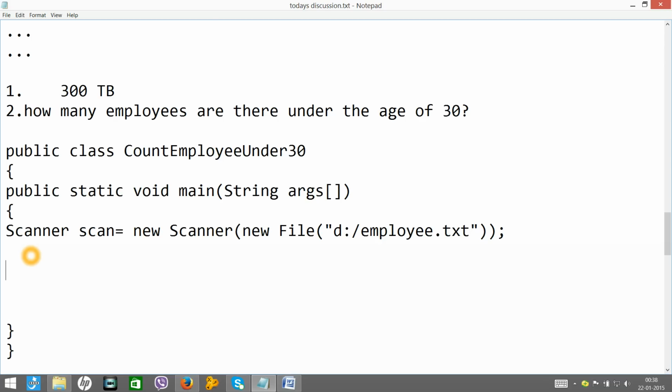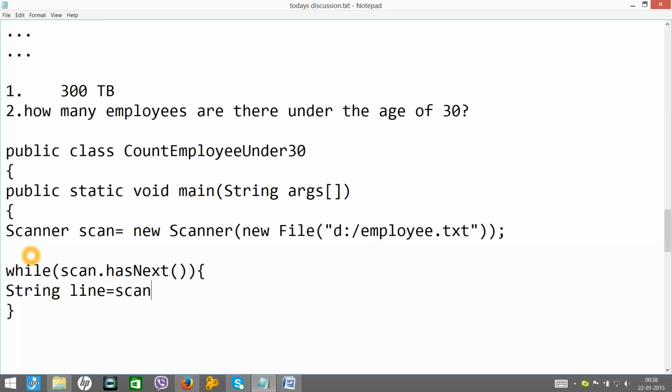Now the next step is to read the file line by line. So while scan.hasNext(), if yes, then it goes to the next line. Now String line = scan.next().